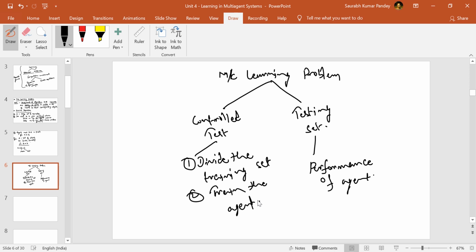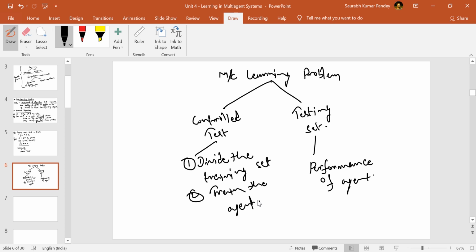So in control set, what you do is divide the training set. Why is division important? A very good question should come from you. You see, if you have a large set of examples, capital E, E holds a large set. If it is 100, no problem, 200, no problem. Suppose it is a set of crores, or even lakhs, let us suppose a lakh number of elements are there. Now what will be the problem? The processing power should be increased.